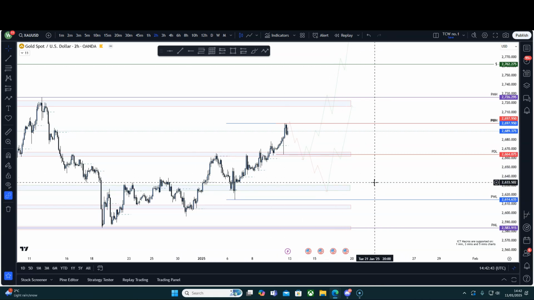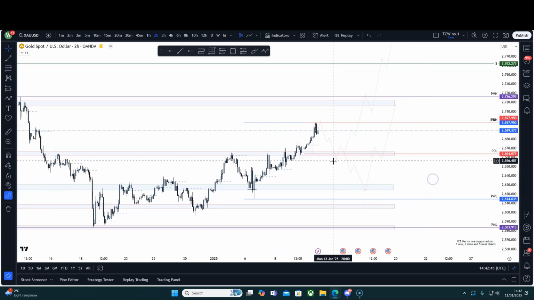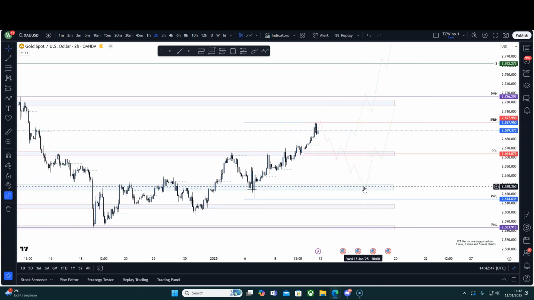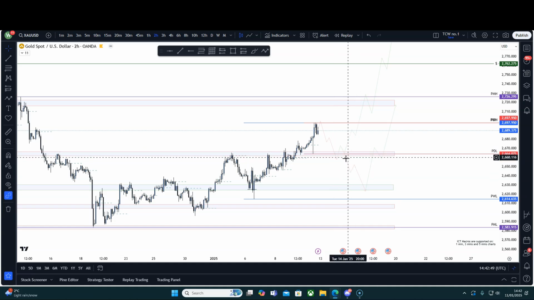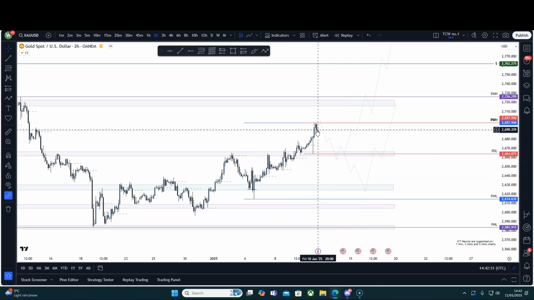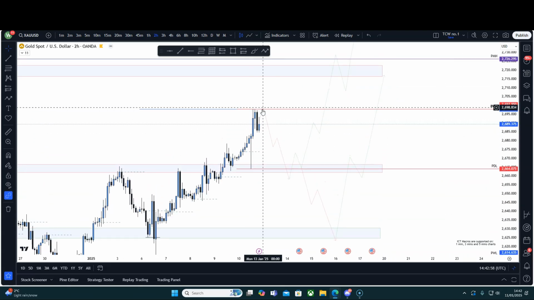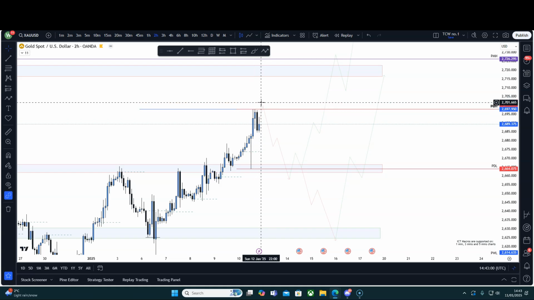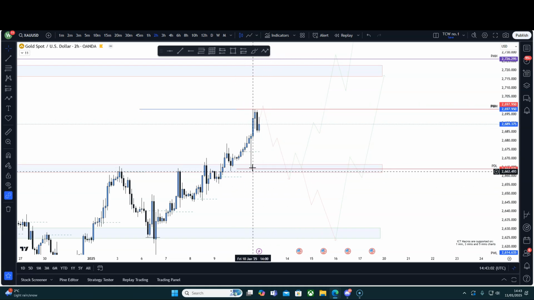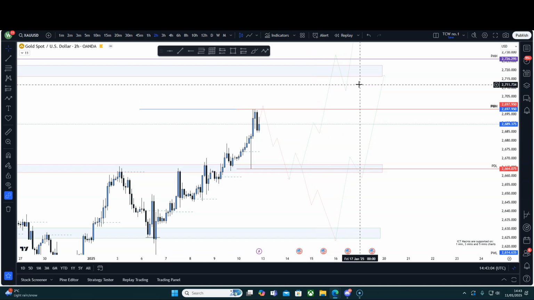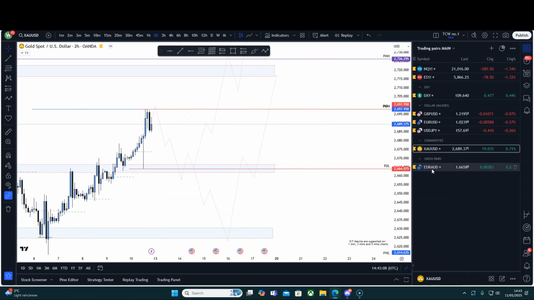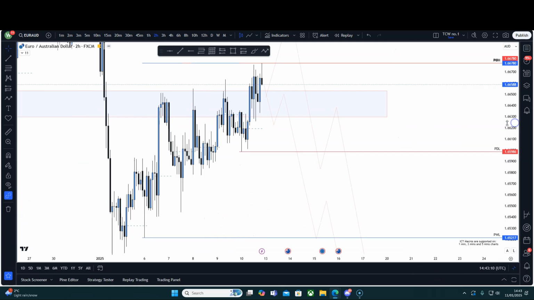However, when the market is so bullish and seasonality is bullish, we may not see these lower prices hit, so I'll be willing to take longs here. I am not willing to long up at this resistance, especially when we're at previous week high. However, we could pop just above previous week high, take liquidity, then drive lower, run this low, and then I will be willing to long gold.